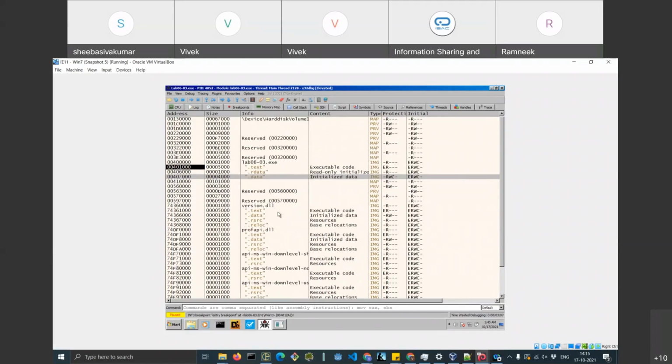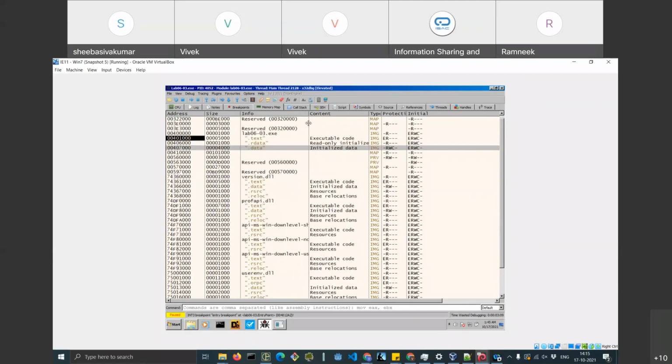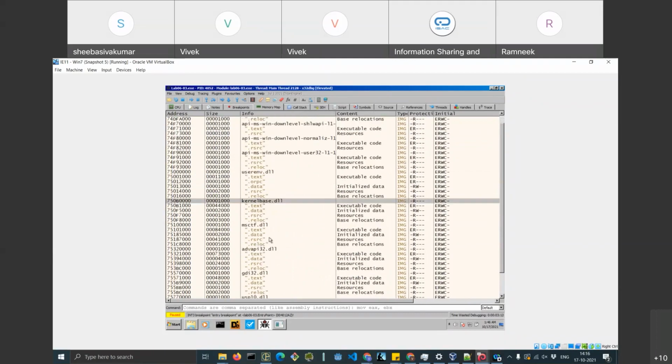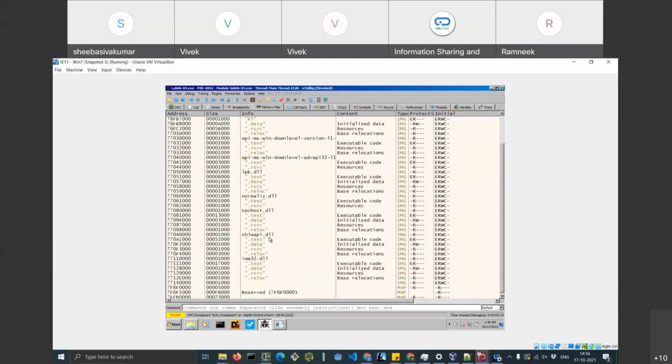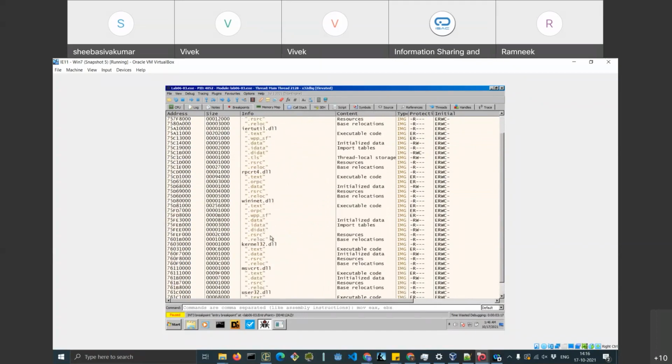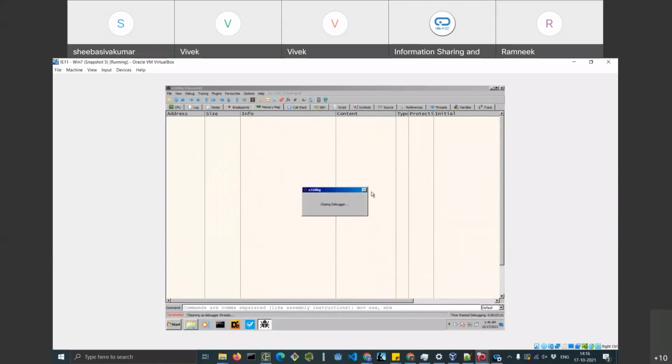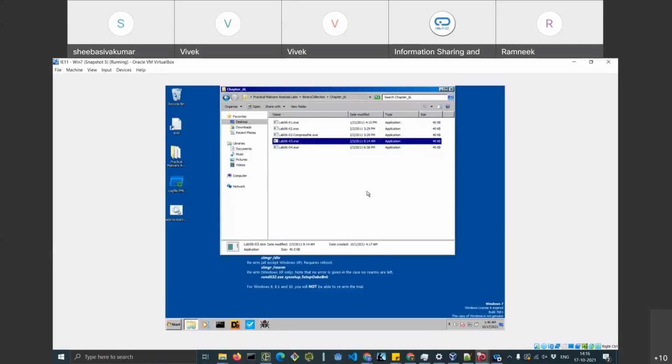These are the several DLLs that are loaded. DLLs are dynamically linked libraries. So this is the exact layout of the program in memory. Whenever you open a malware, this is the same layout you will see for the malware.